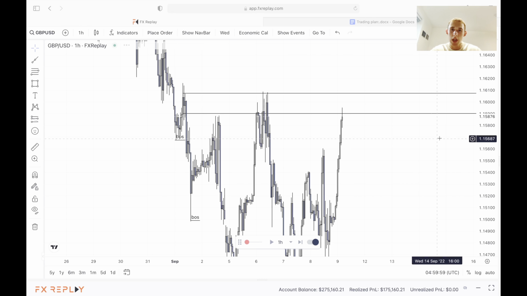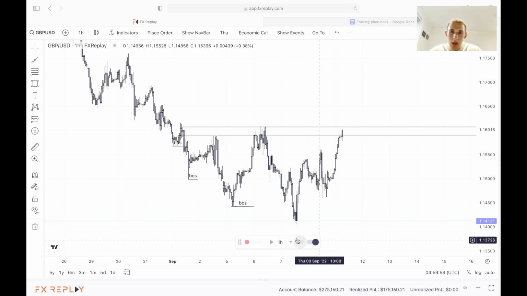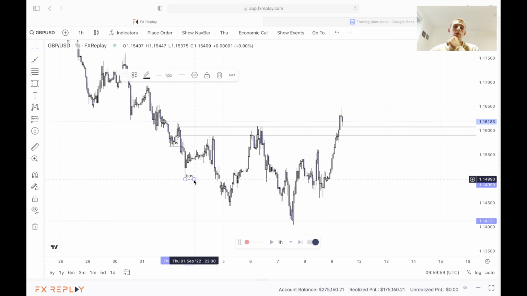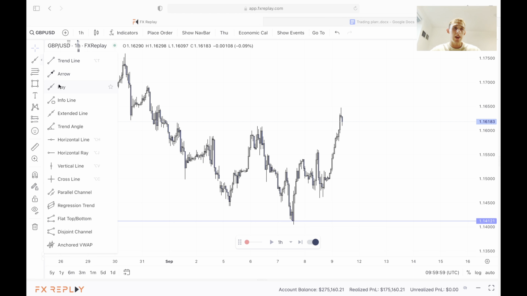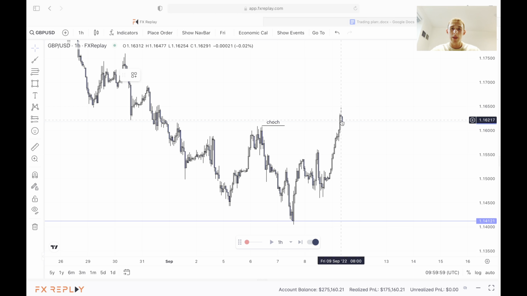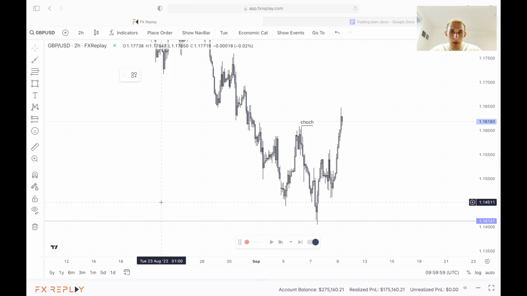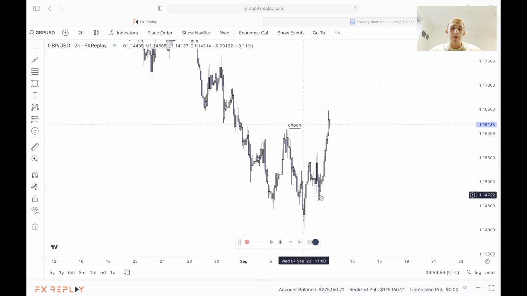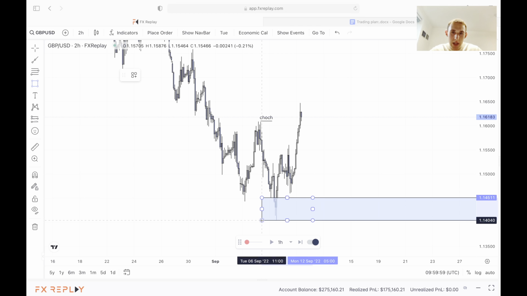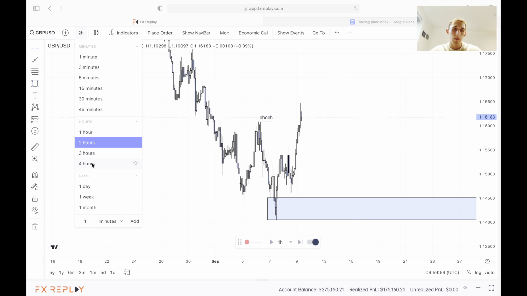There we go, price is continuing up. Like I said, once price sweeps higher time frame liquidity, that's when you normally get the change in trend, which we just had here on the 1 hour. You guys can see we had that change of character. This was the lower low, lower high, lower low. Price has now broken out of that, forming a higher high after the sweep of liquidity. So we want to wait for now for a pullback, potentially into this zone. If we look on the 4 hour,